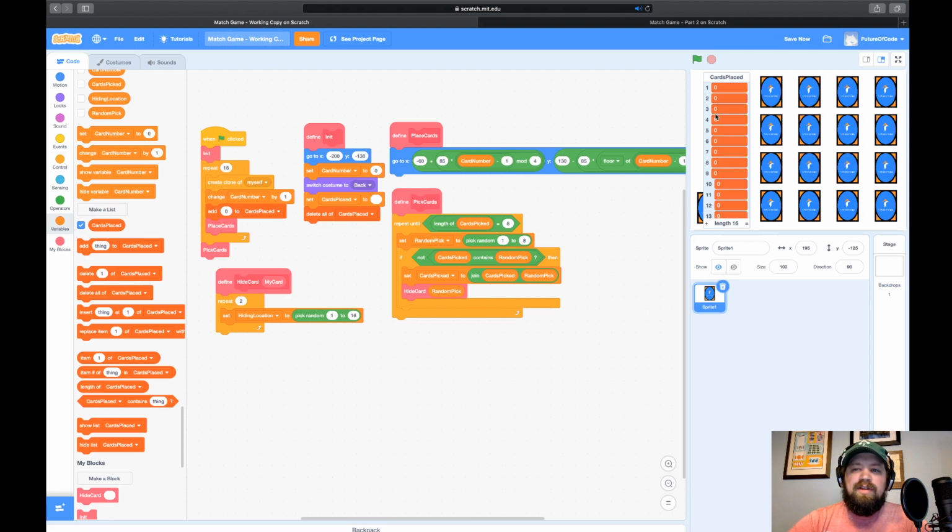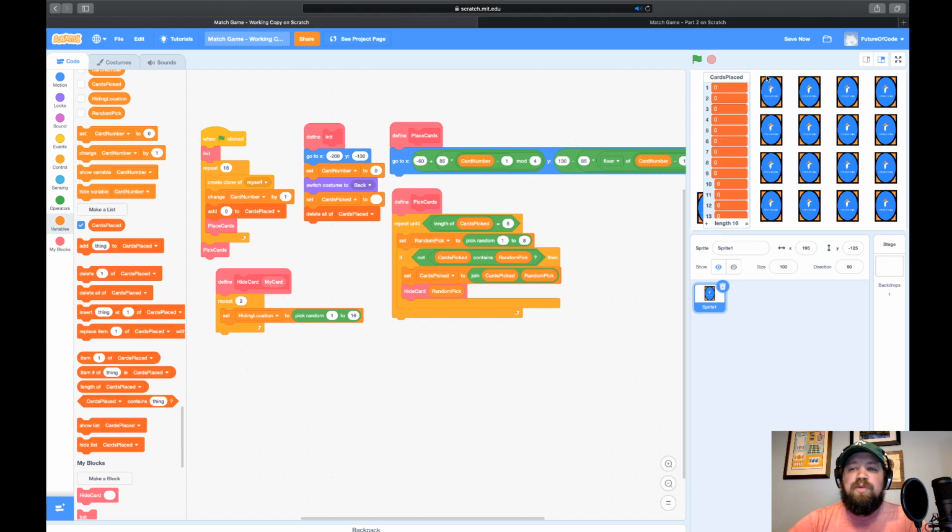The problem we have at this point is, like I said, when we pick a random, if I pick a random and it comes up with 1 and I hide a card there, if it comes back around because it's a repeat and picks a random again and it also picks 1 again, I'm going to have a card hidden there. I don't want to place something in location 1 if there's something already placed there.